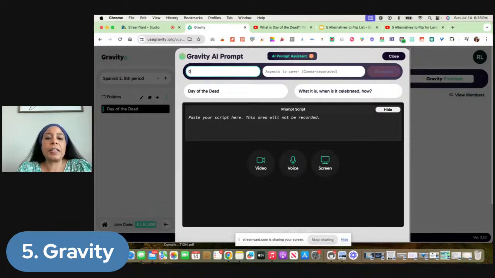Right here, Day of the Dead. And then here's what we put, to give the AI some ideas of what to generate. So what is it? When is it celebrated? And how? How and where? All right, so now we're going to click the generate button and let's see what it comes up with.